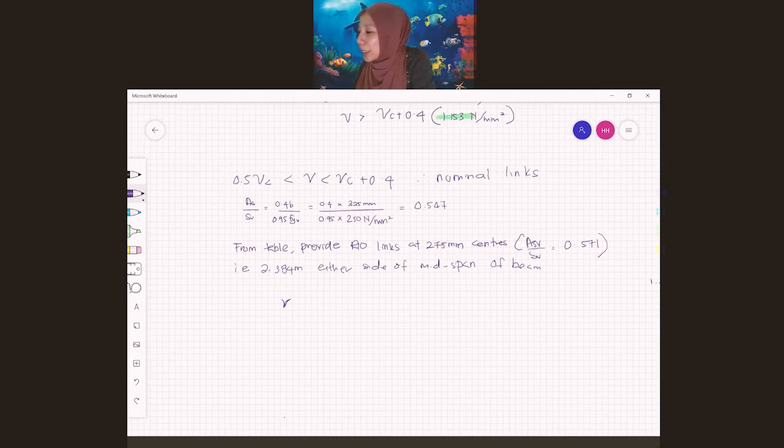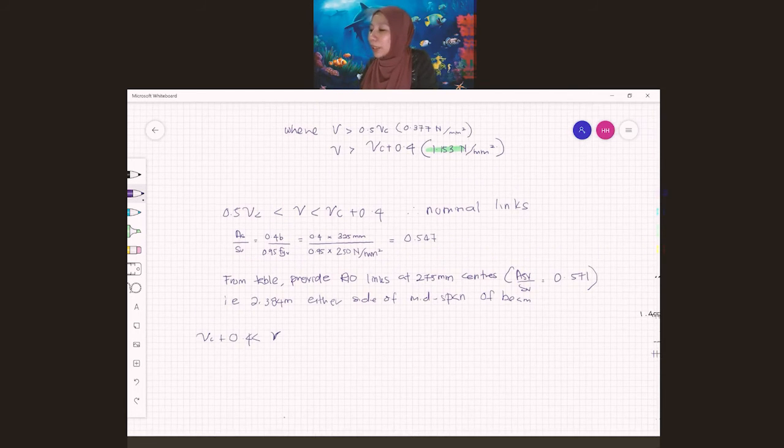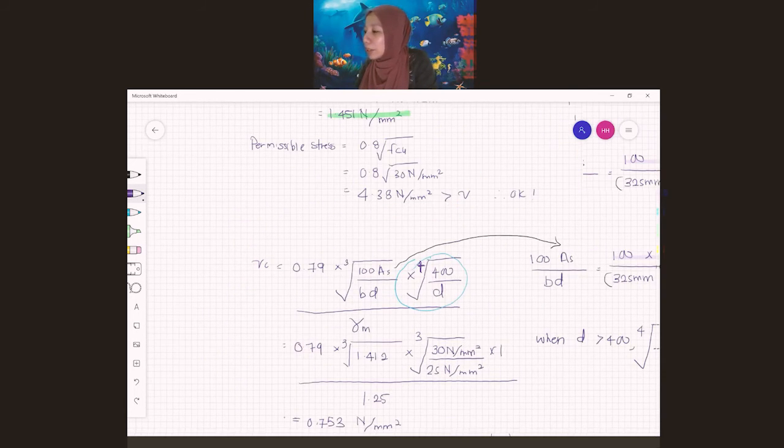Okay, obviously our V is actually bigger than VC plus 0.4. Sebab kita consider bila VC plus 0.4 maksudnya yang balance lah yang kita kena design as design link. And also we know sebenarnya masa kita kira pada awal, minggu lepas,